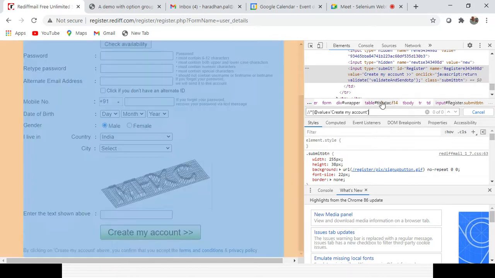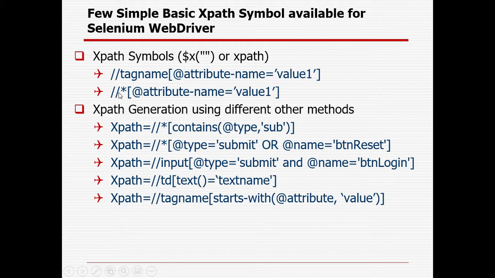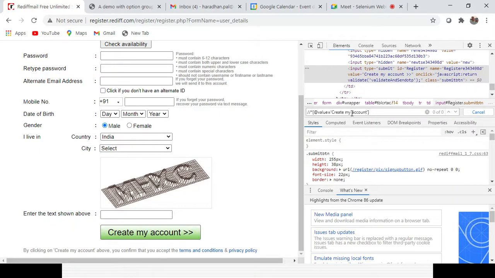Starts with is not allowing us to create with that particular option. So here the syntax is double slash star, @attribute name equal to value. It is not allowing, so I have to go with ID or other options.